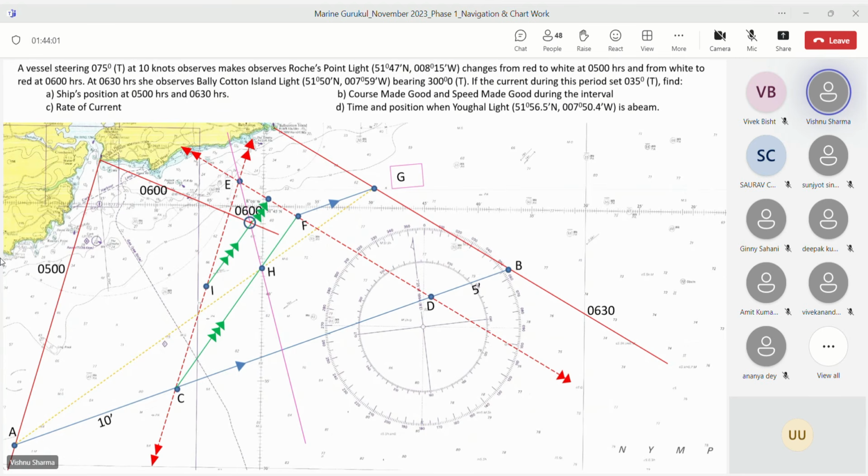Now, points I and J we get. I is on the first transferred PL. From here, we draw the CTS to the first PL and we get the 5 o'clock fix. Likewise, we draw the CTS through J to the third PL and we get the 6:30 fix. Is that clear, beta?